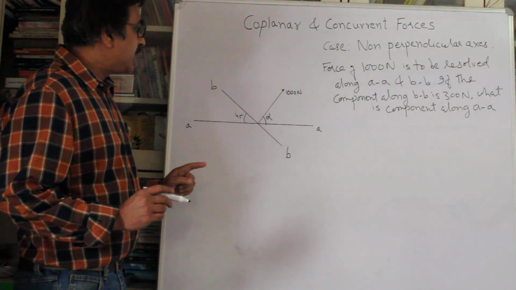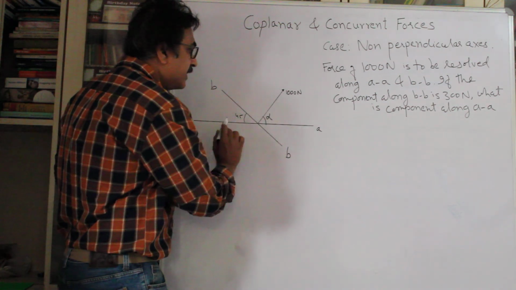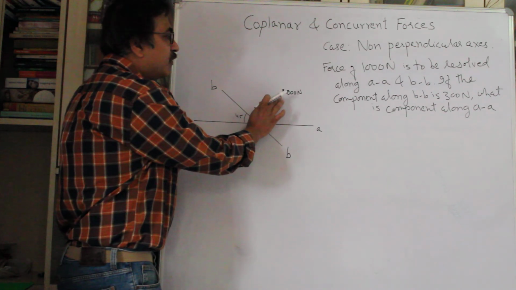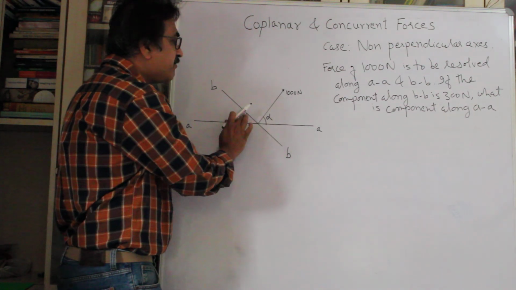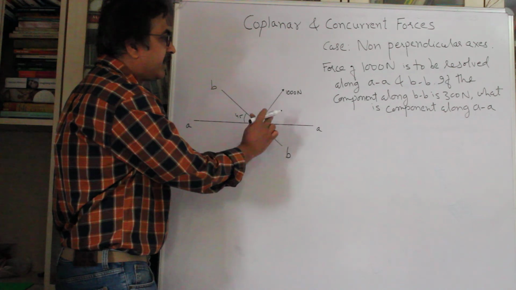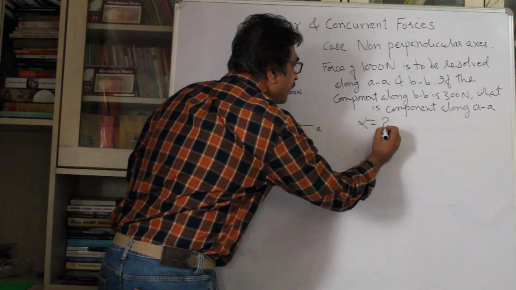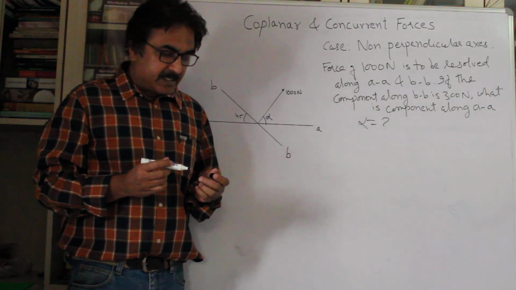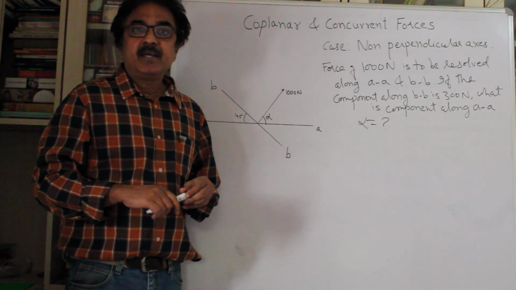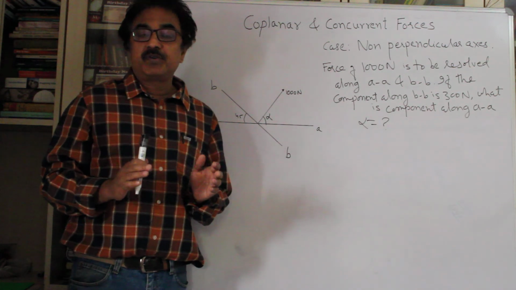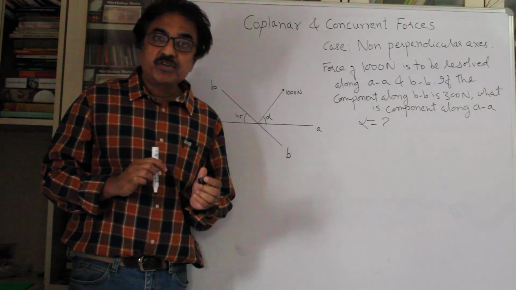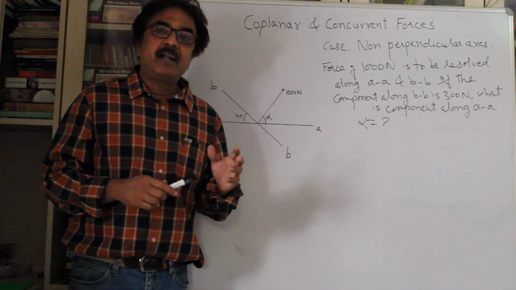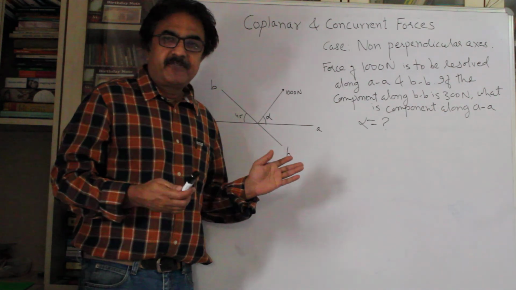Okay, so what you are given is, this is the force, this is AA, this is BB. We want to resolve the force along AA and BB, and also we want to find out angle alpha, right? So what is alpha? So how do we proceed? See, as I said during the last problem, whenever we want to resolve the force along non-perpendicular axis, you should invoke law of parallelogram of forces, and you can complete the parallelogram, and it's fairly easy